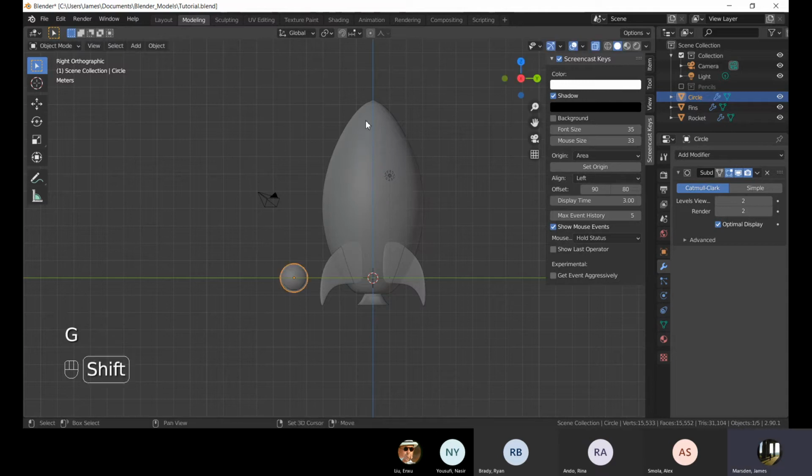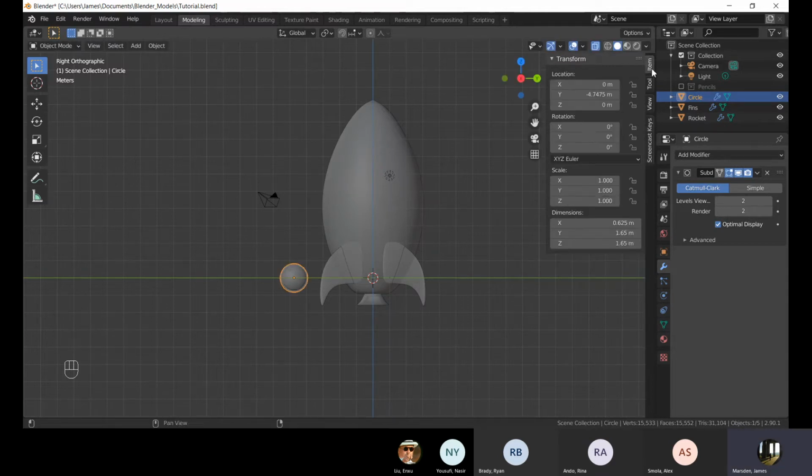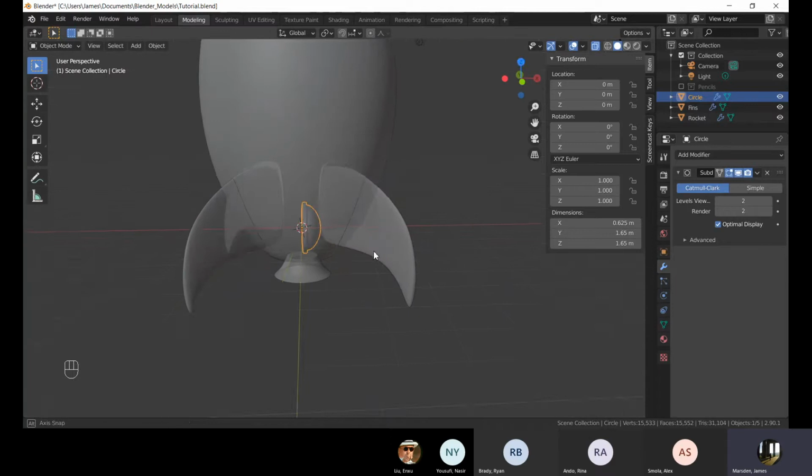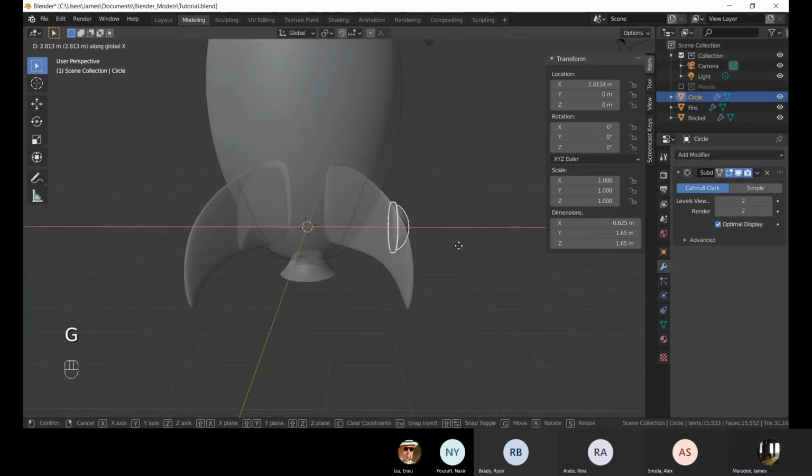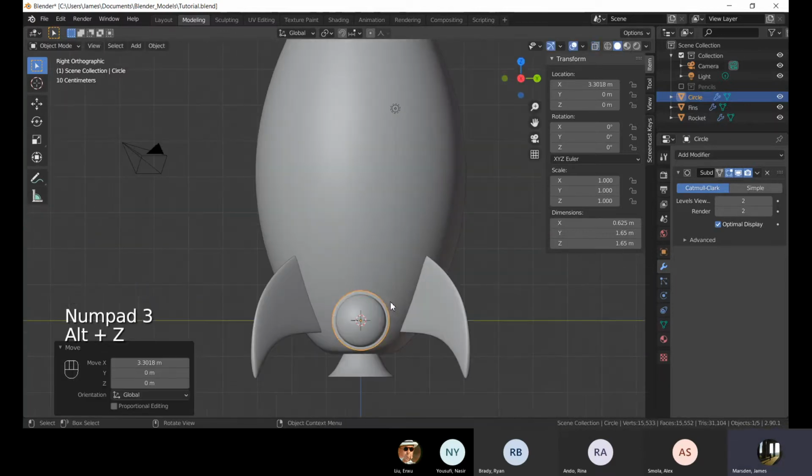In fact, to get it exactly on the z-axis, we can go into the properties of this item here, and you see on the y-axis it's sort of minus 4 meters long. We can just set that to 0, and there we go. It snaps perfectly back to the middle. Now we want it to obviously move out so you can see it. So go like that. Now if we move it,